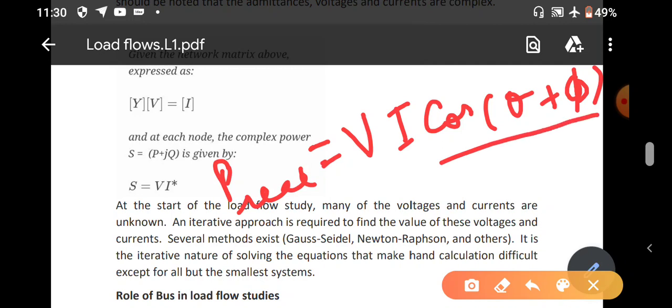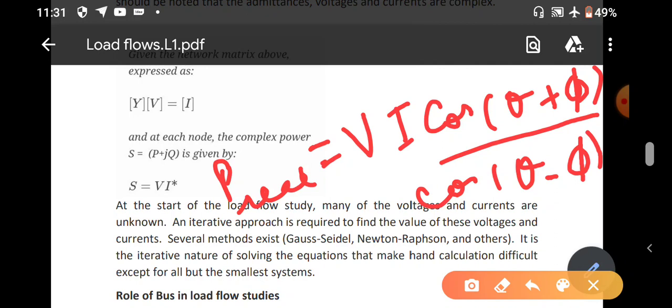is not giving you the desired result, because you know that the active or real power is P equal to V I cos (theta minus phi), where cos (theta minus phi) is also the power factor. So what we have assumed means, if we take the exact values of V and I and try to calculate the power, then we will get V I cos (theta plus phi).